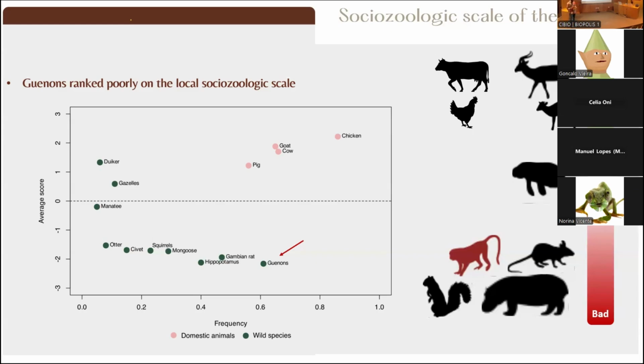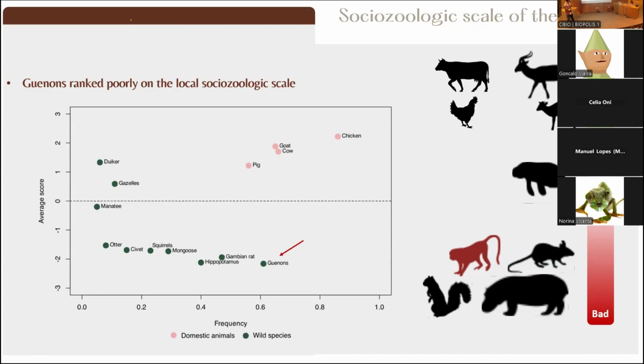We are talking about local populations whose livelihoods depend mostly on agriculture. So you can imagine that if a guenon is very good at raiding and suddenly eats off your crops, you won't really like that. And guenons are known to be particularly good at raiding. So yeah, they're down there.